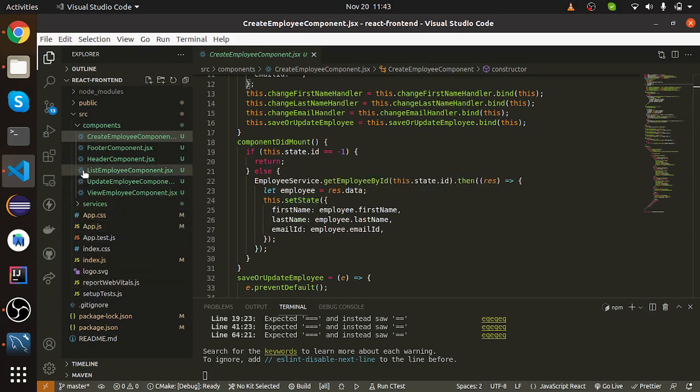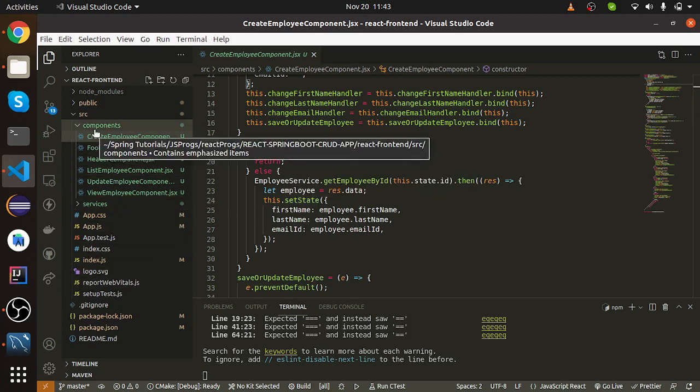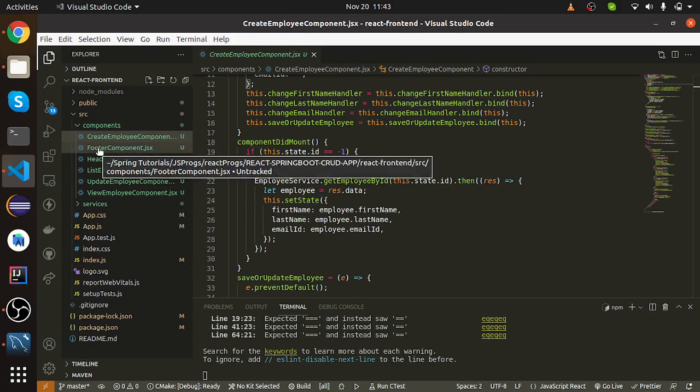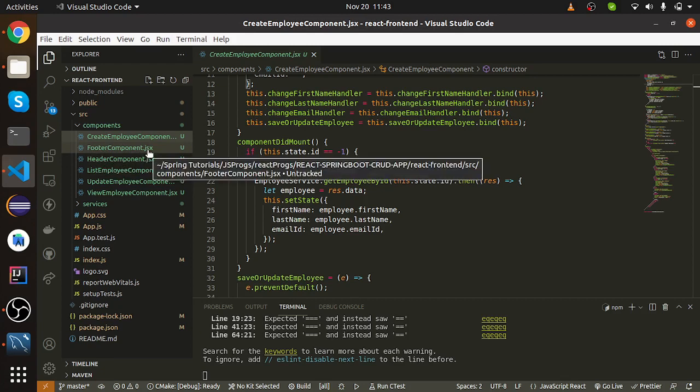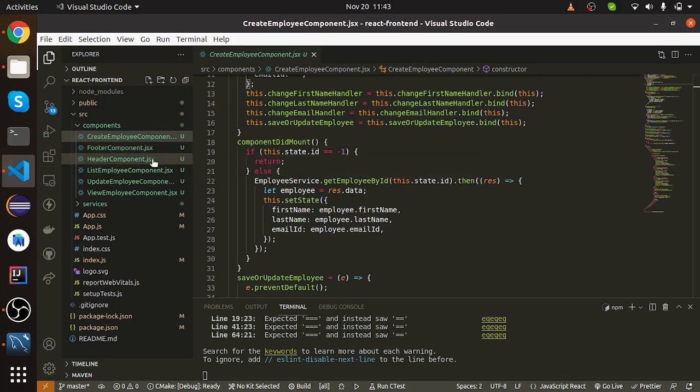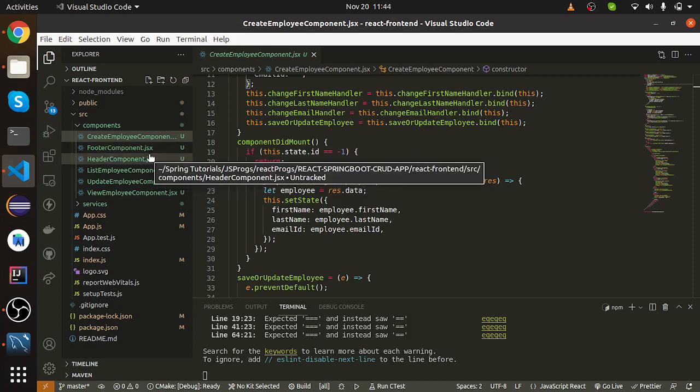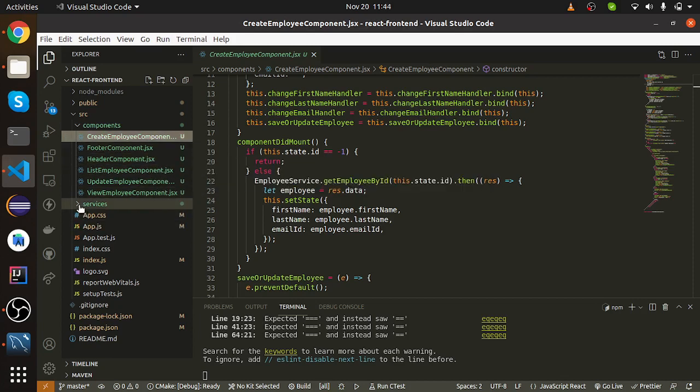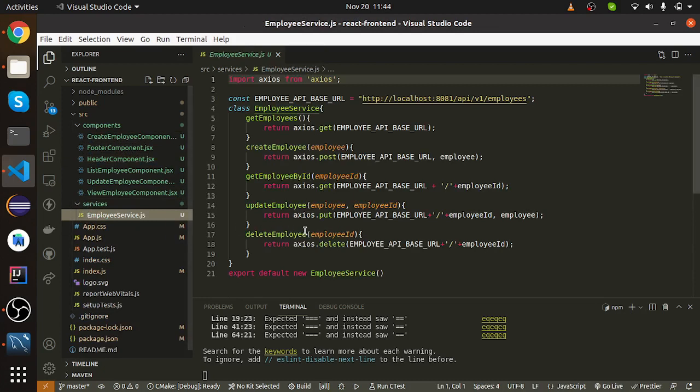In our components part we have React classes and components, and we have extensions like JSX, which we basically use for React parts. You can also use JS, but in our services class we have used employee service.js. Basically, this is a JavaScript file, and we have used the Axios library for HTTP.